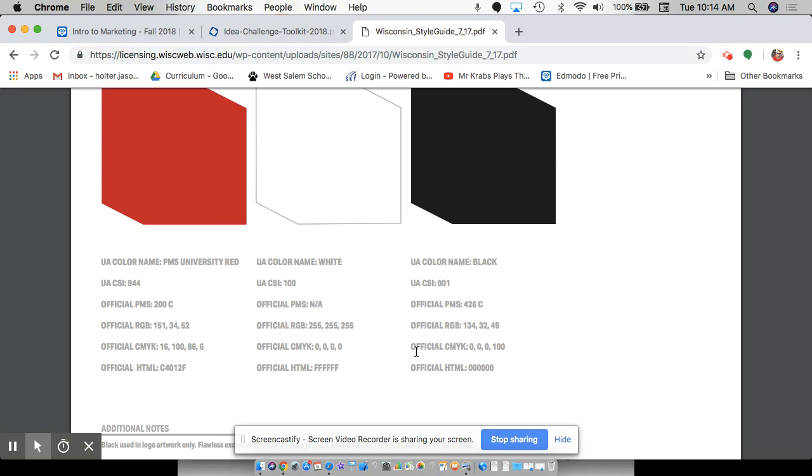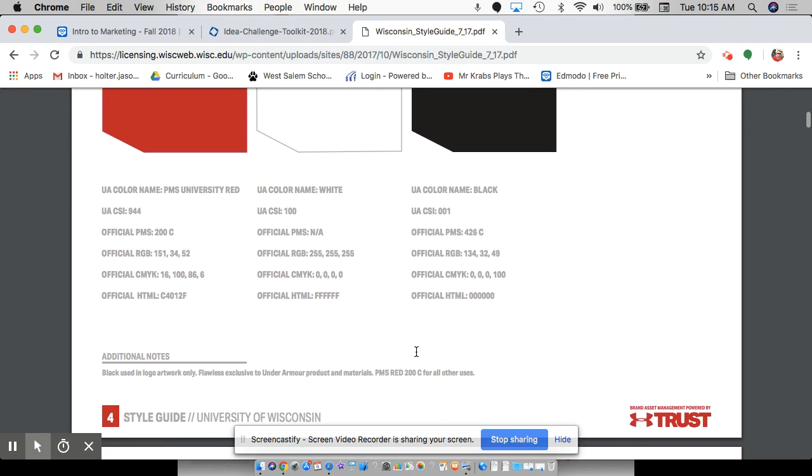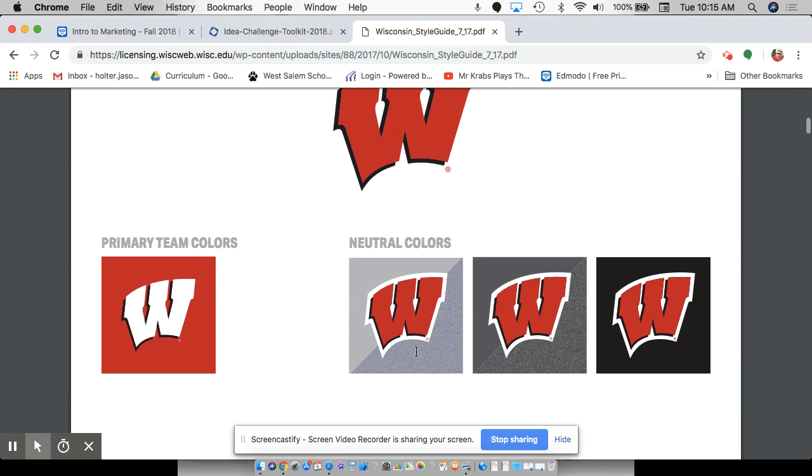I know people that are in sports, when we play against Black River Falls, have you guys noticed that Black River seems to have a problem getting their orange together with certain sports? Like some football, I think, has had like burnt orange before, but other ones have kind of a different orange. And orange is a difficult color if you're a school or a company because there's different shades of it. This is something that the Badgers do in order to make sure that everything is consistent and the same.